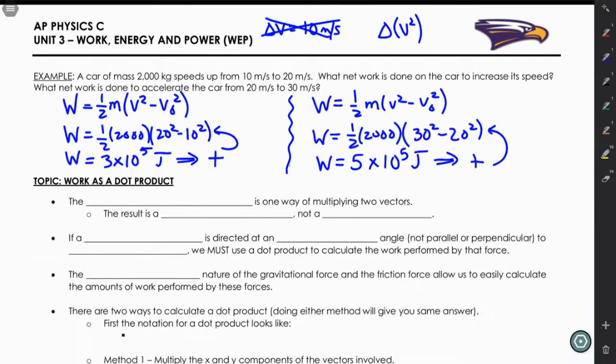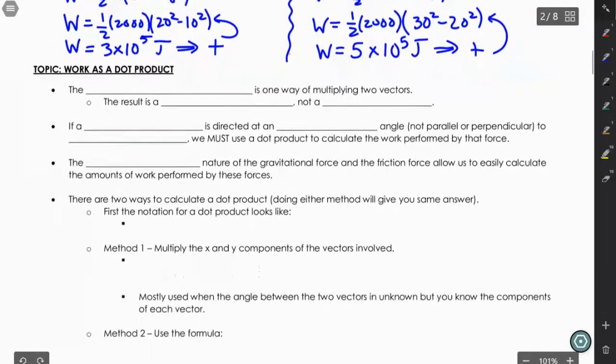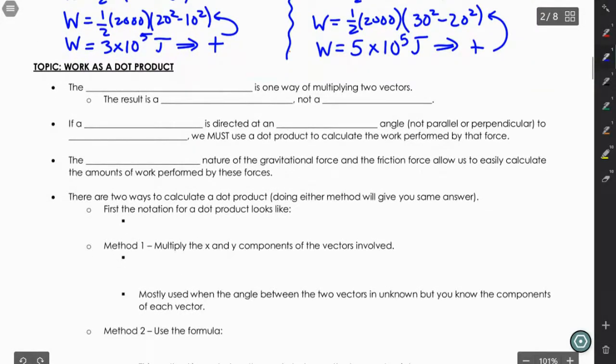Okay, so in this video, we're going to look at some calculus, right? And so what we talk about is that work is a dot product, right? So the dot product itself is one way of multiplying two vectors. Now, what happens is when you multiply vectors using the dot product, you get a scalar as an answer and